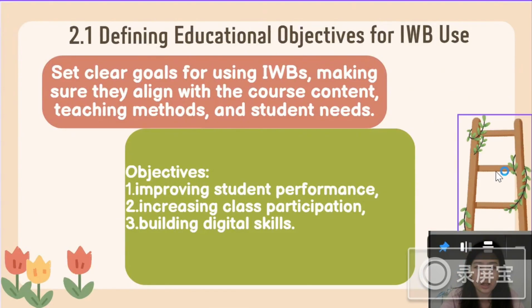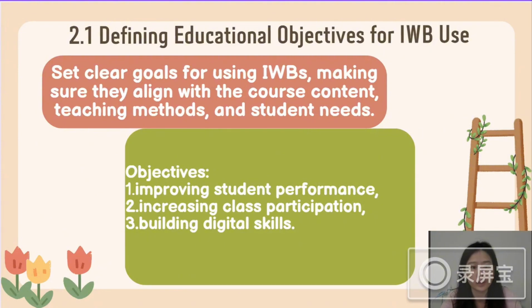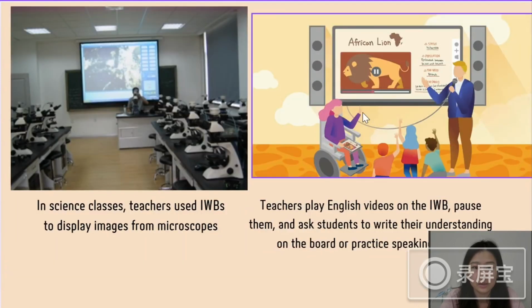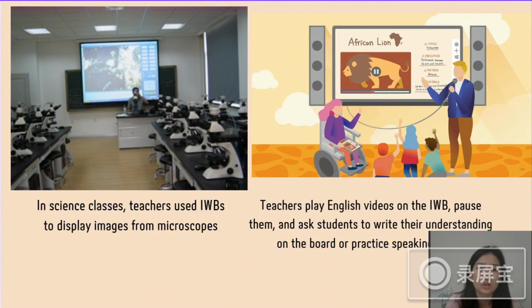So the first section is defining educational objectives for IWB use. Set clear goals for using IWBs, making sure they align with the course content, teaching methods, and the students' needs. The objectives may include improving students' performance, increasing class participation, building digital skills. Here are some examples. First, Guangzhou No. 1 Primary School introduced IWBs in 2015 to enhance student engagement